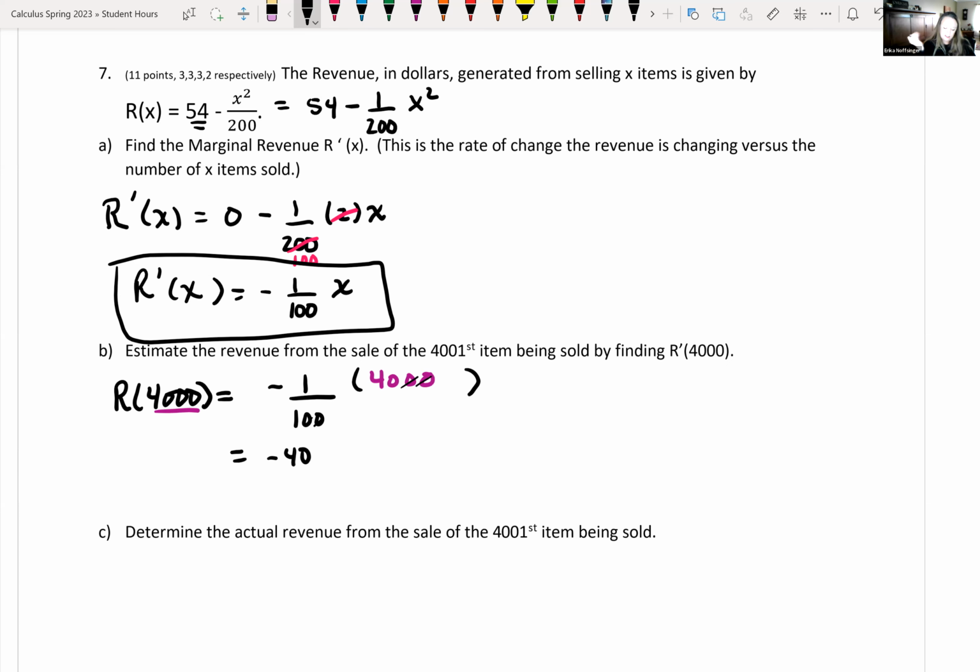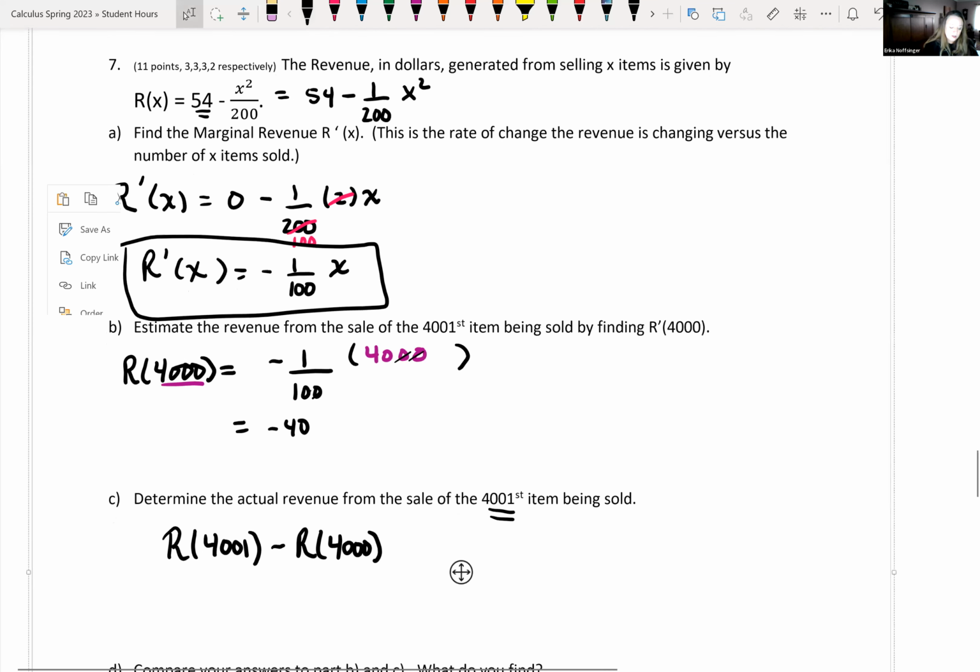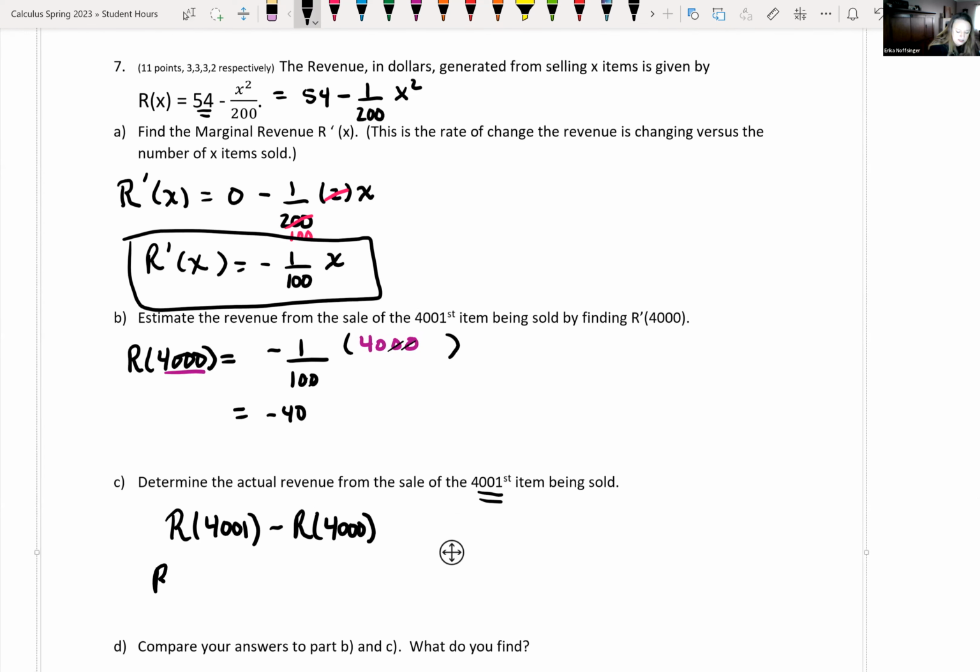So determine the actual revenue from the sale of the 4,001st item being sold. Well, we would have to look at the revenue of the 4,001st item. That's going to give us the revenue of selling the first item, the second, the third, the fourth, all the way up to the 4,001st item. So we want to subtract off how much we got from the first 4,000. So we're looking at the revenue of 4,001 minus the revenue at 4,000. If you plug in this 4,001 wherever you see an X in our original function, this is going to equal 54 minus 4,001 quantity squared over 200